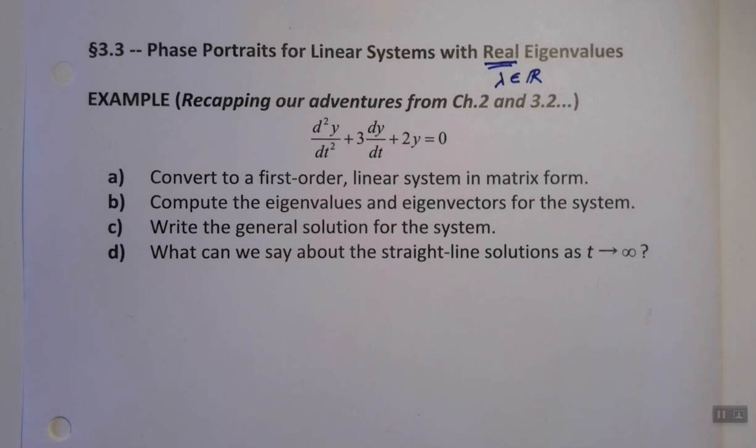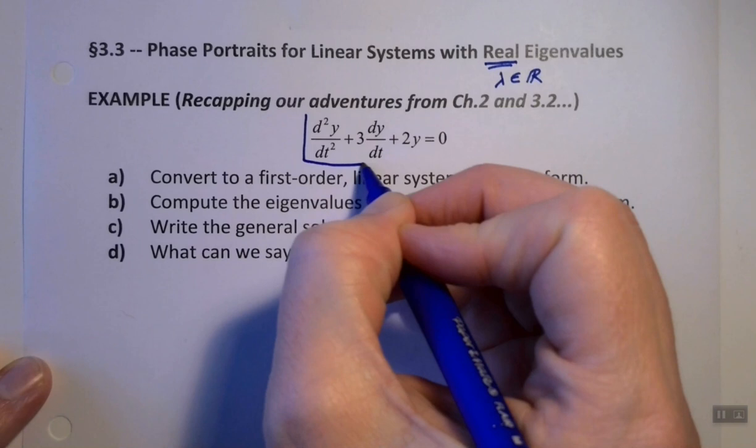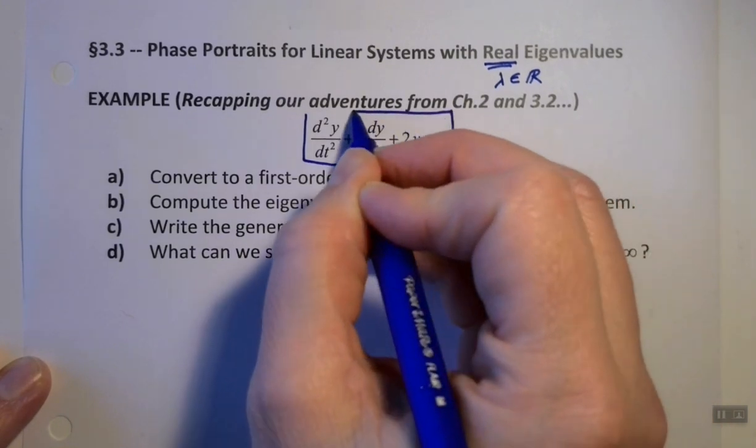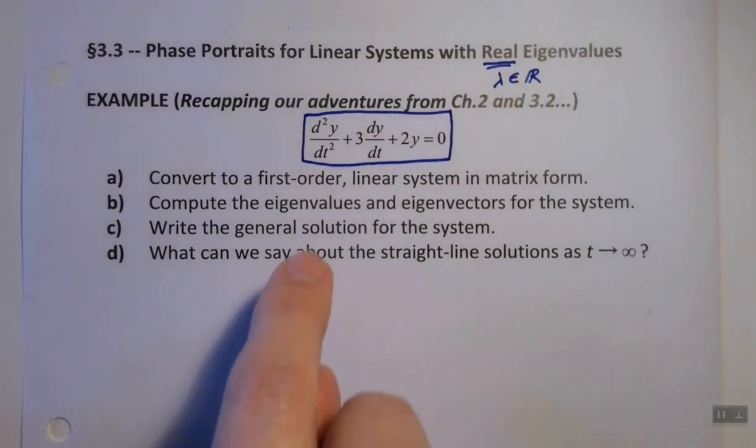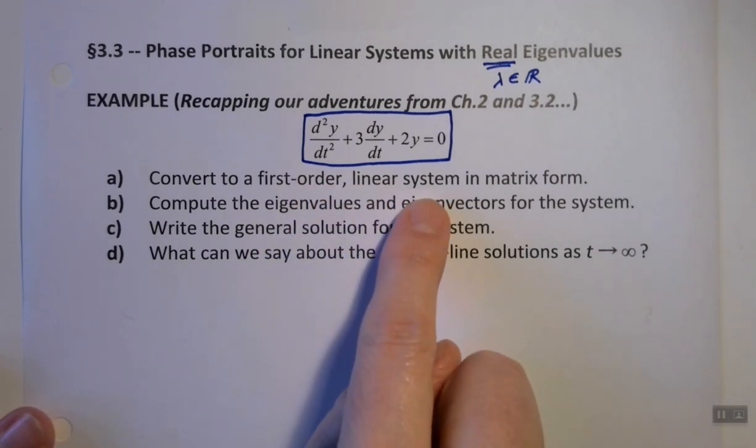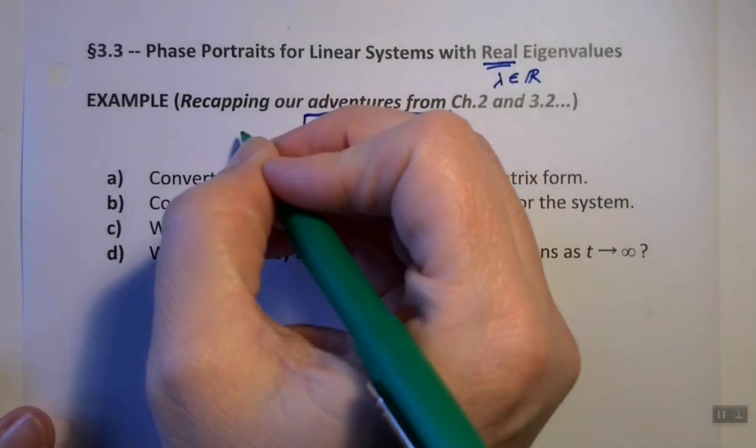And we're going to start off by recapping where we were in chapter 2 and in just the last section as a quick reminder. If you start off with something that looks like a second order differential equation like this equation right here, we can rewrite it with a couple of assumptions. The first assumption is, and it's not written here even though it should be, convert this to a first order linear system. Well, this is presuming that we're dealing with a